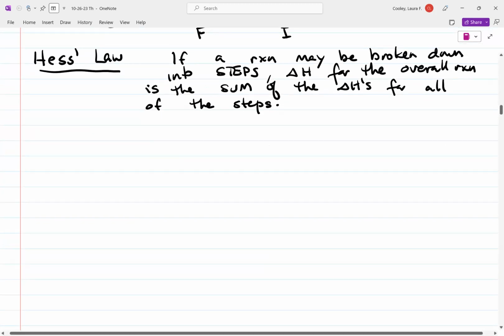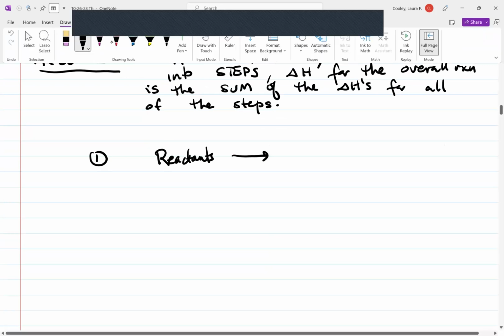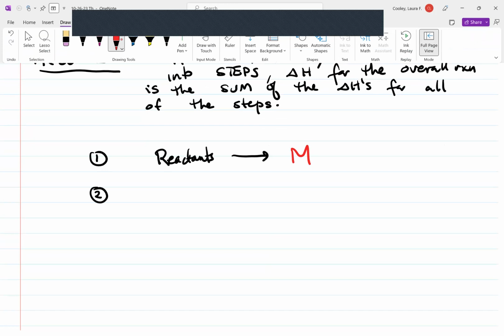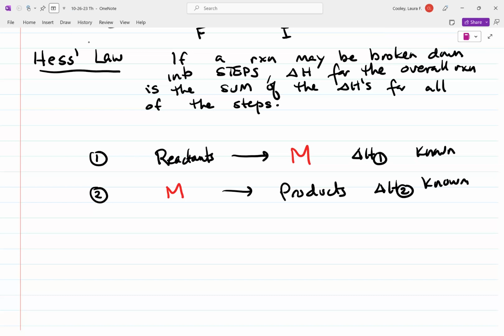Okay, so here's a simple example. Suppose I know the delta H for this first reaction. Reactants form a different compound. Let's call that compound M, okay? And then I also know the delta H for M forming the products. So I have a delta H for this first reaction that is known, and I have a delta H for the second reaction that is known. So if I want to know what is the delta H for just going from reactants to products,